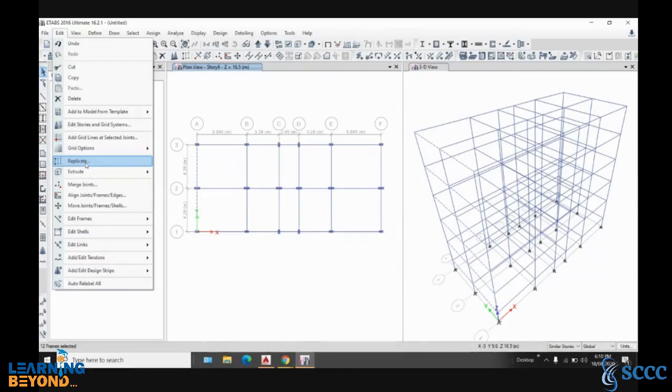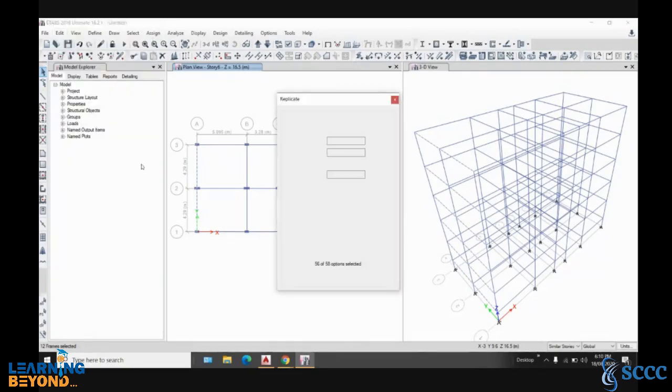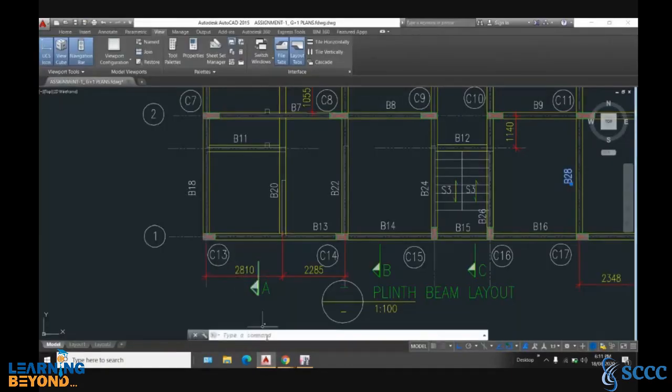Replicate means copy. So I will go to replicate, and in replicate I can go to linear option with dx and dy. Dx and dy are the incremental data. So how much incremental data do we need? We can see that 2.81.